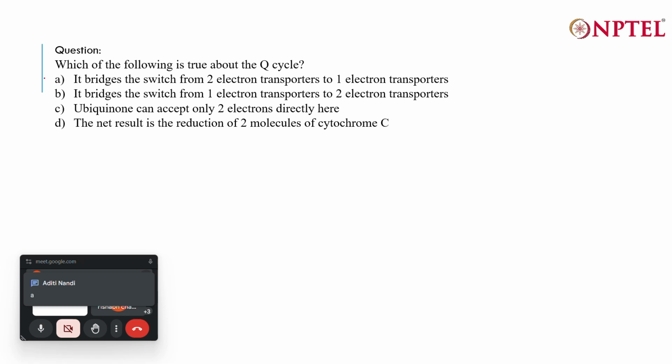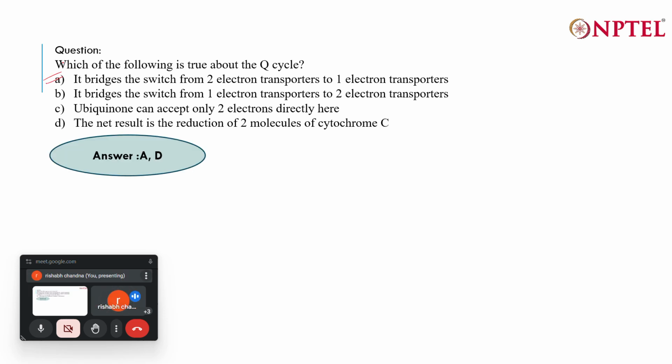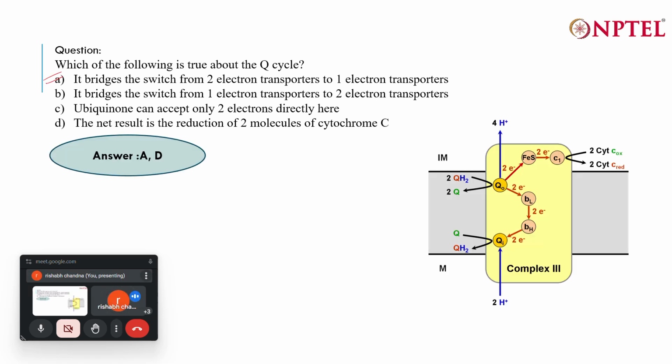Okay, let's see the answer. So it's A and D. Okay, so it basically bridges the switch from two electron transporters to one electron transporter. First thing, because it